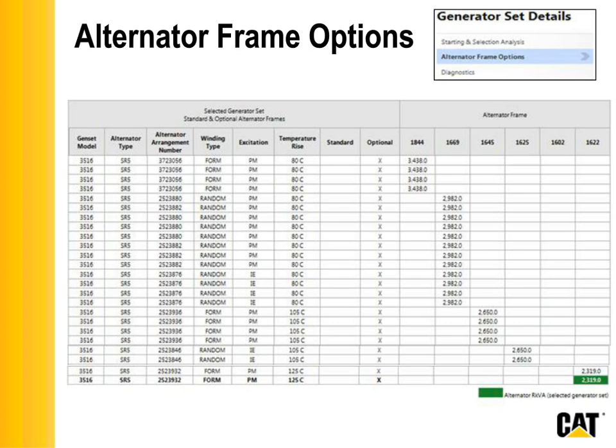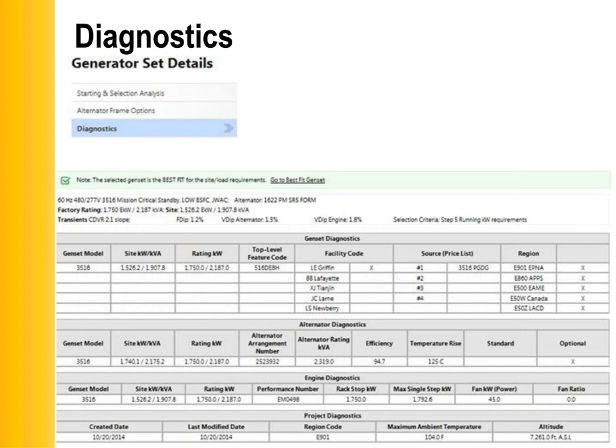So it's a good opportunity if you need to upsize or oversize your KVA capability, your alternator. It's a way for you to see what will work. You can see the frame size. You can see whether the alternator is standard versus optional. A lot of good information about your alternator. Okay. Now, a third page that I designed and created for SpecSizer is something called Diagnostics, and it's probably more